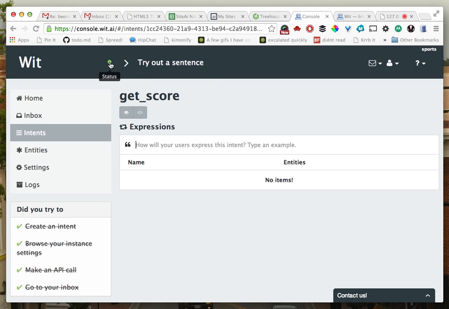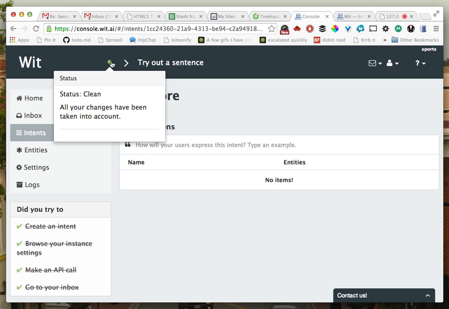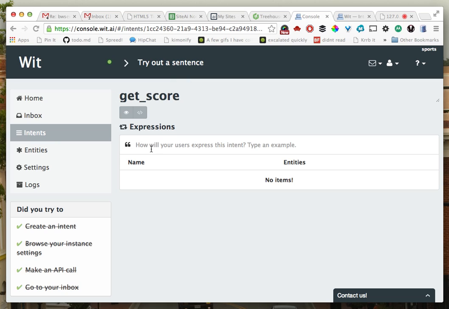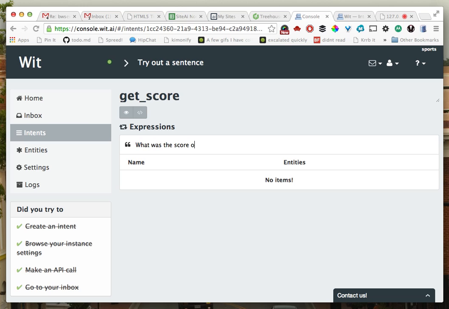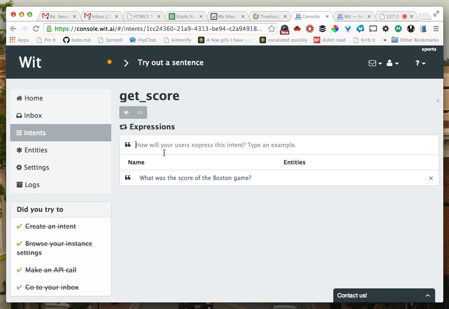And you can see this little thing keeps moving up here. All that's doing is trying to find any changes to my entities or my intents, and it's just compiling them and validating them and stuff like that. So one of the ways to ask for a score is, what was the score of the Boston game? Okay, and then I'll have another one called, who won